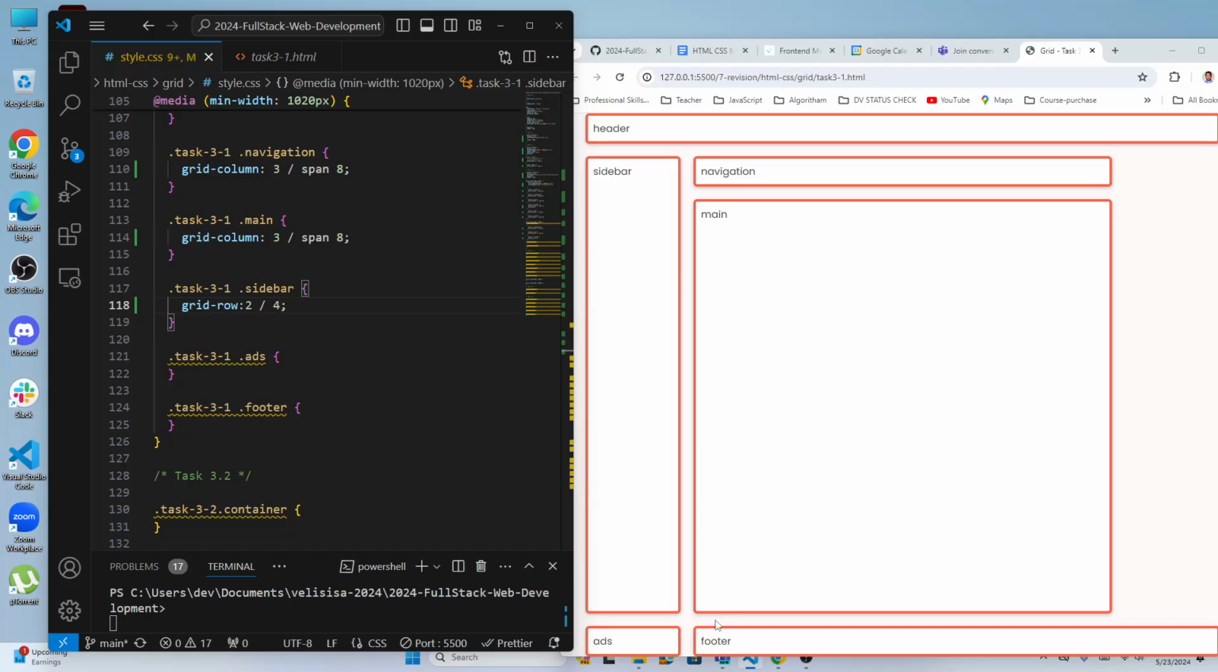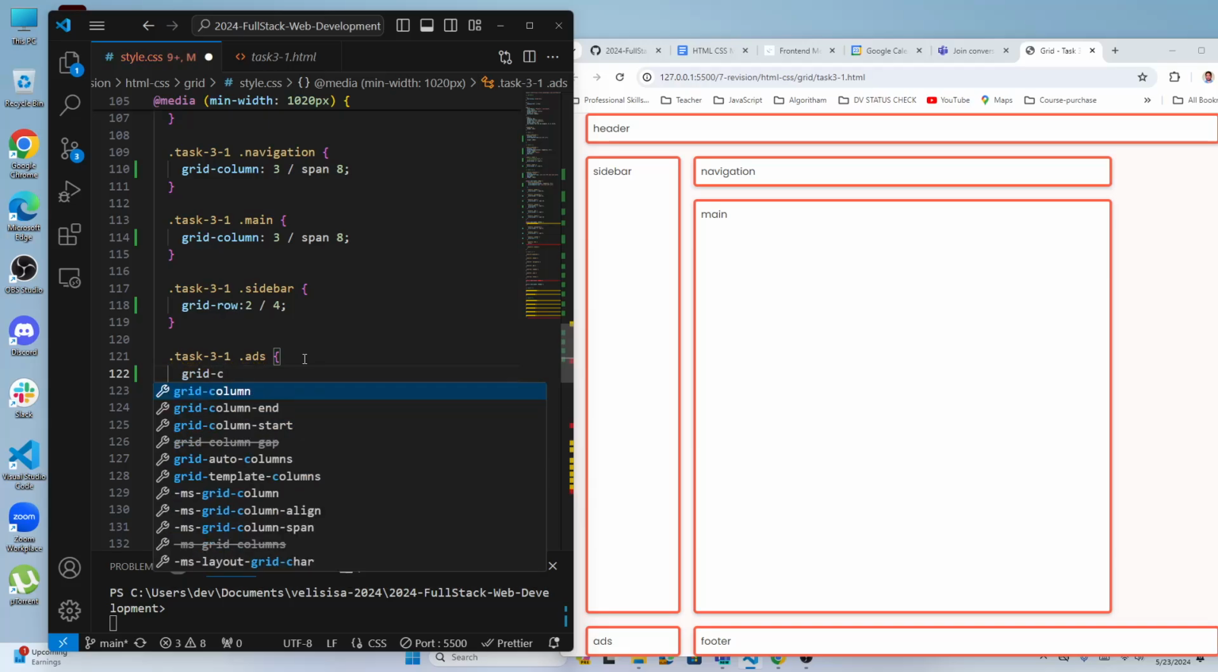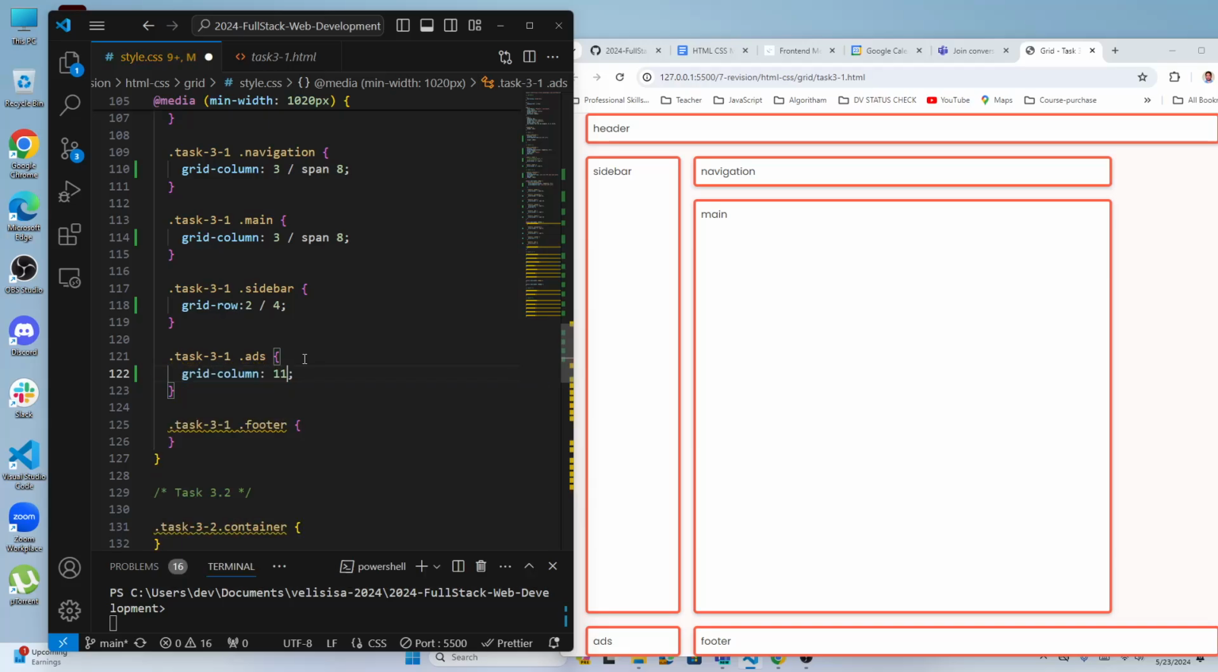Fine. Next is the ad, right? So we have to move the ad now. So 8. So let's say 1, 2, right? That 8 means 2 and 10, 2 and 8, that is 10 columns. So 10 columns is going to have line 11 right on the side. So I'm going to define now grid column, start at line 11 and span 2, because we have 2 left, right? So look at this, the ad just moved here, on the right side, but it needs to take the top, right,